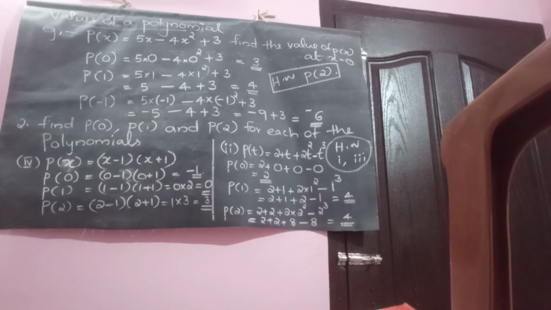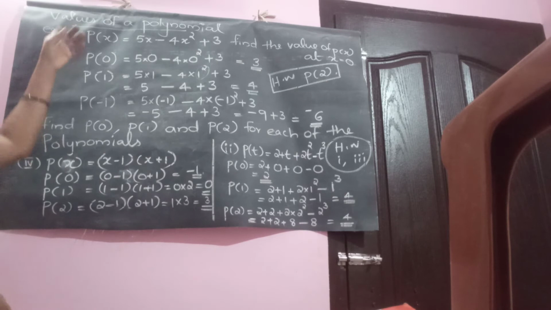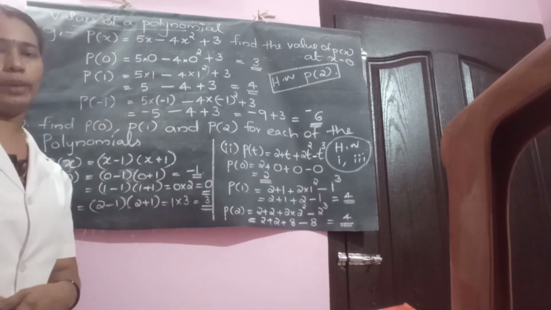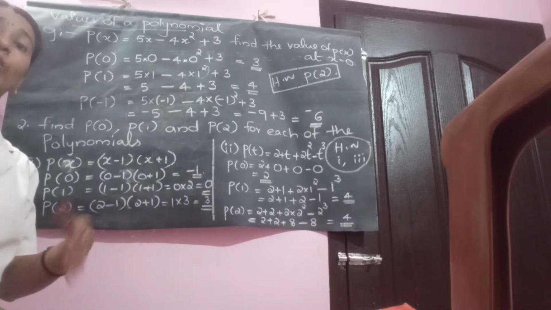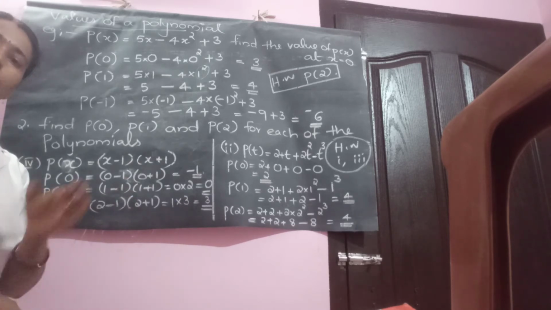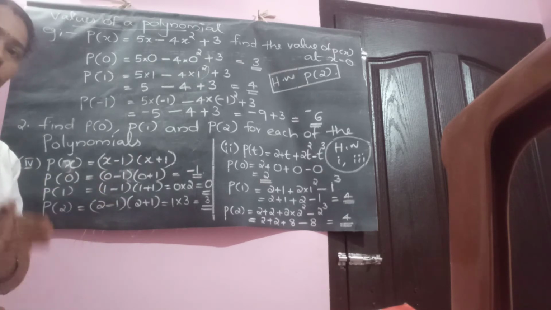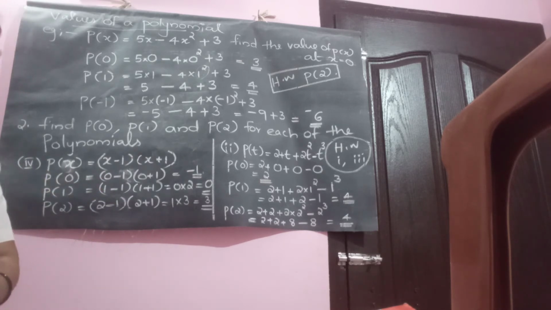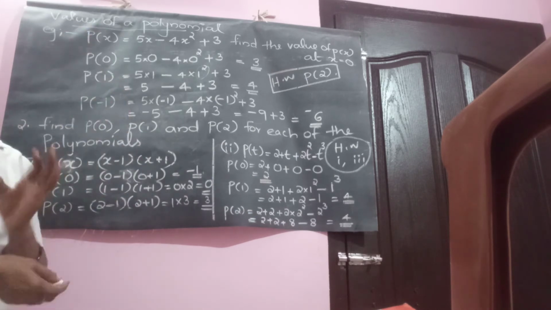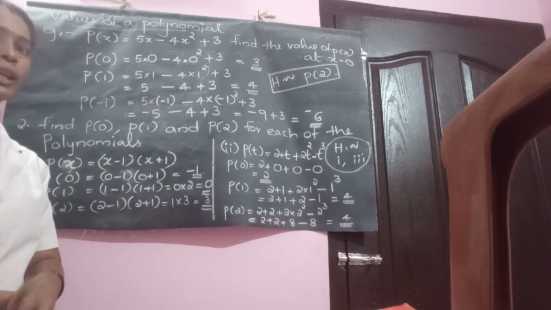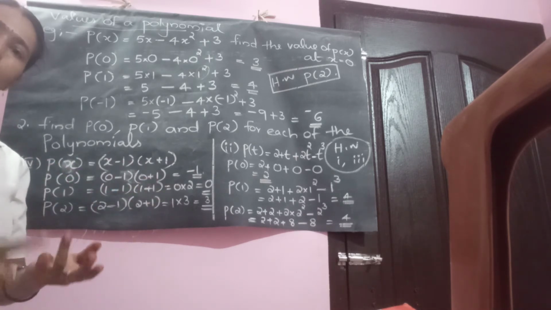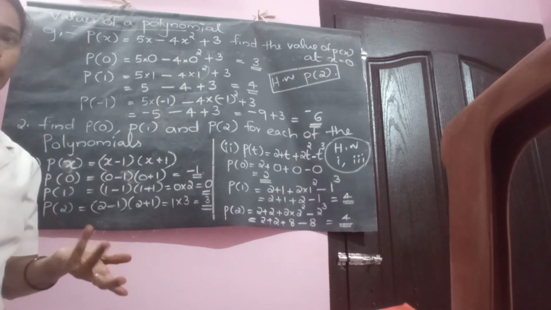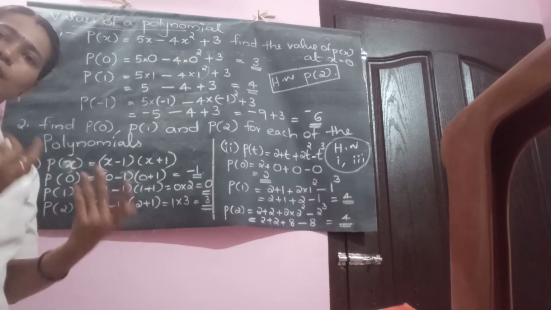Now, let us move to the second topic of this chapter. What is our second topic? Values of a polynomial. When a polynomial is given, generally we can say a polynomial as p of x. P of x means it is a polynomial involving the variable x in it. When you consider values of a polynomial p of x, instead of x, suppose you substitute some values, whether negative, 0 or positive, that is up to you. You can substitute rationals also, negative rationals, positive rationals, etc.